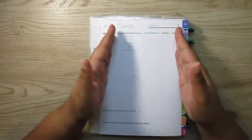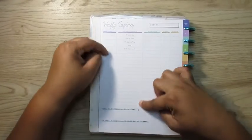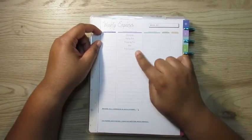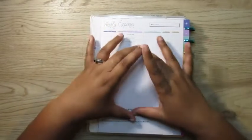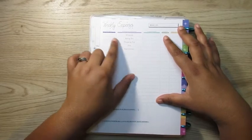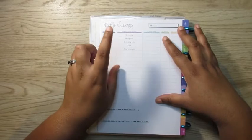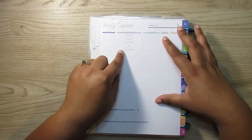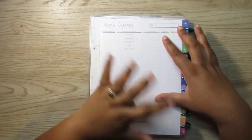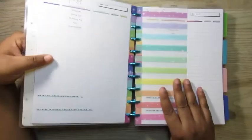So just like everybody else, I do have my weekly expenses here, and it's plenty of room if you ain't just spending like crazy every single day of the week. This is more than enough room for me to track all of my expenses. And of course, some of these I know I will just white out, such as eating out, shopping, and entertainment. Those 3 would definitely be whited out pretty much every week because I don't do a lot of that anyway. So this is my expenses section,